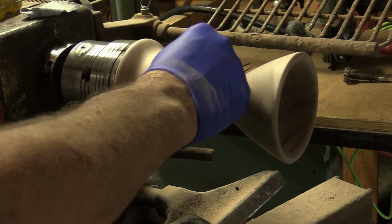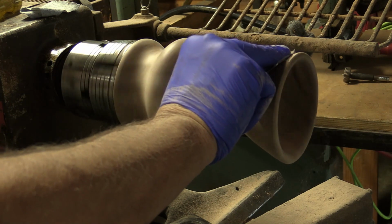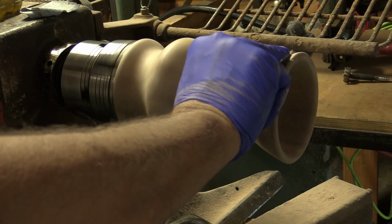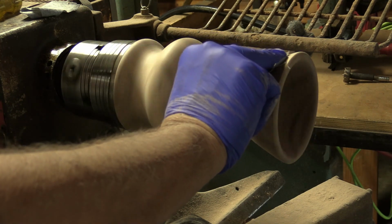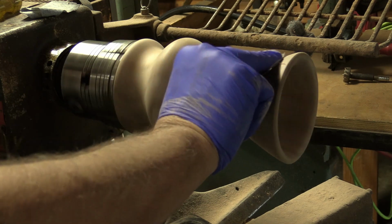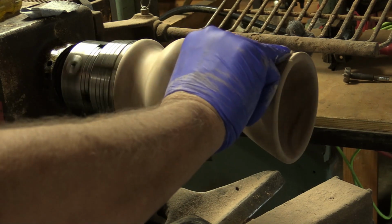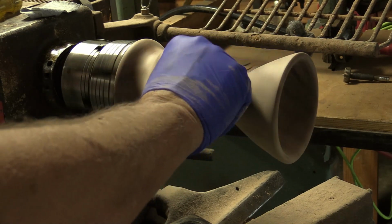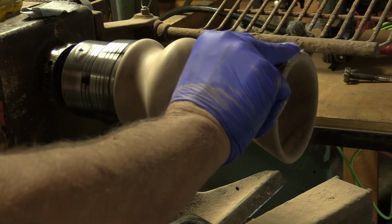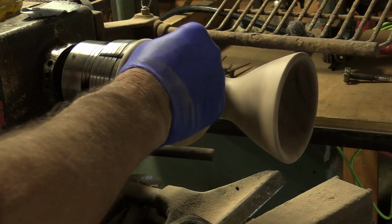Actually, you can use any finish you want, to do what I'm going to do. I just happen to have the sanding sealer around, and you can put lacquer over it. You can put polyurethane over it, wax, whatever you want to do. And sometimes as a seal coat, I've used lacquer, and I just cut it 50%. So you could do a multitude of ways of sealing it, but like I said, I've got the Zinsser Seal